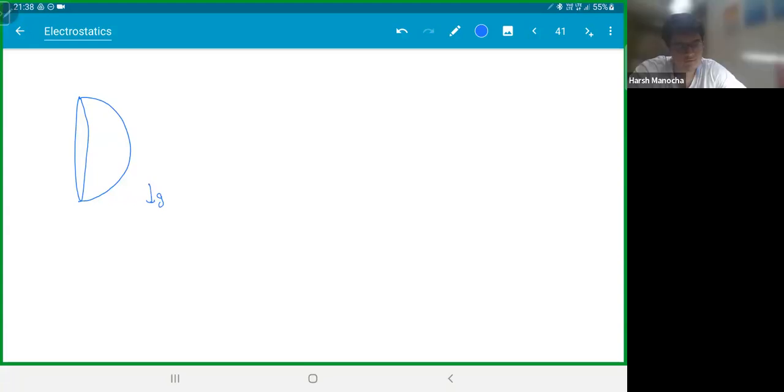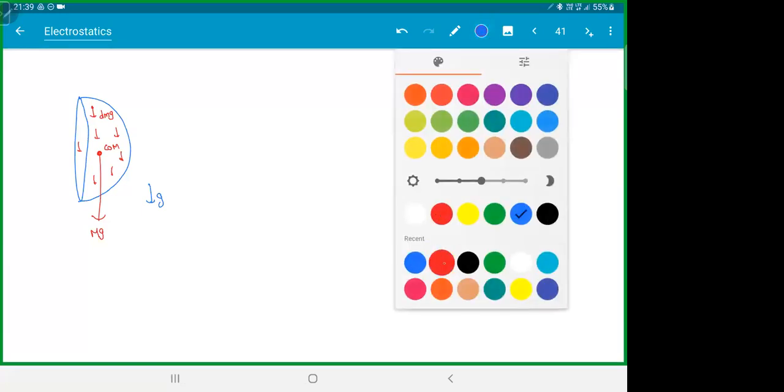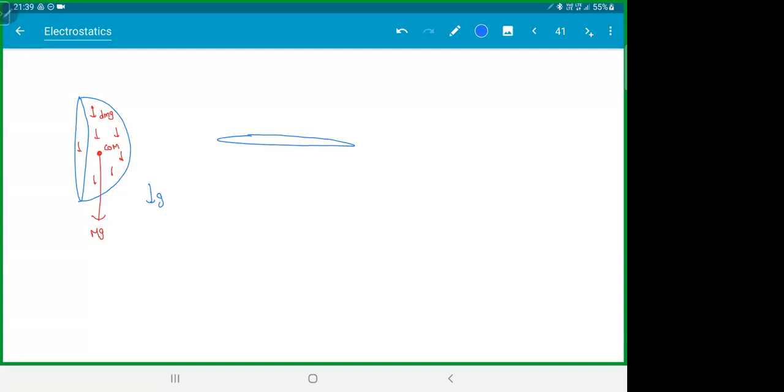At the center of mass. Right. But in reality, if you look at this, at every point you have a small weight, isn't it? dmg, dmg, dmg, dmg, dmg. For convenience, you took the entire mass at the center of mass and you said this is mg, isn't it? Whereas in reality, the weight is acting at every point on the body. Does that make sense? Now, when you look at this scenario, when you take this half hemisphere, how is